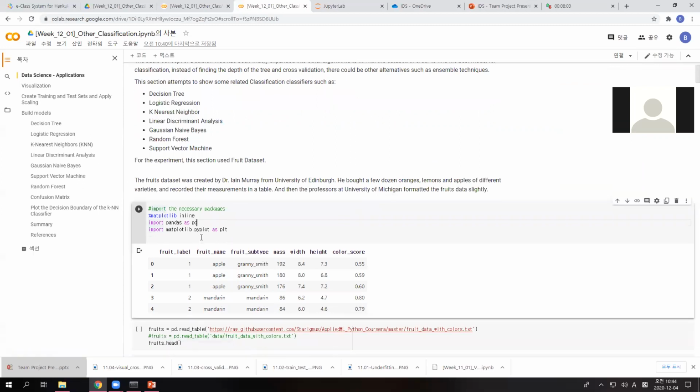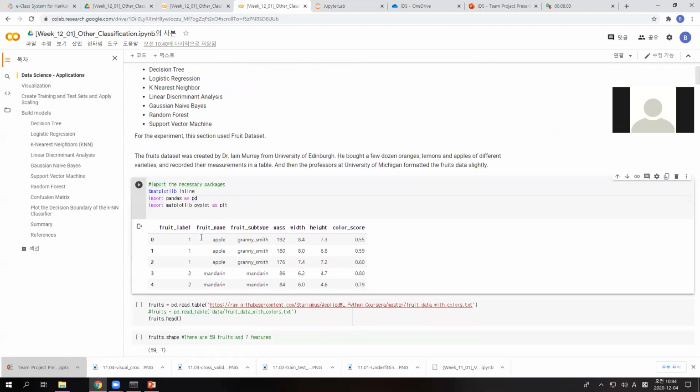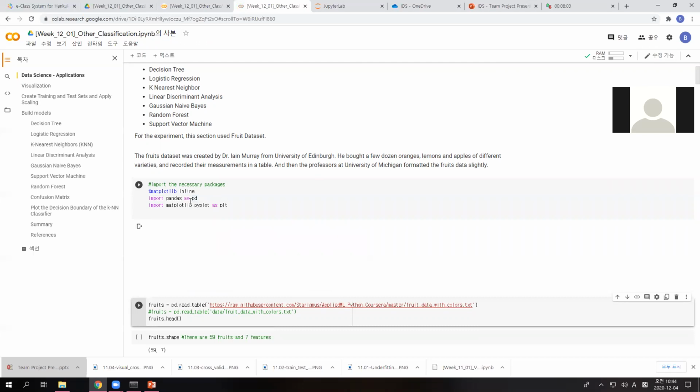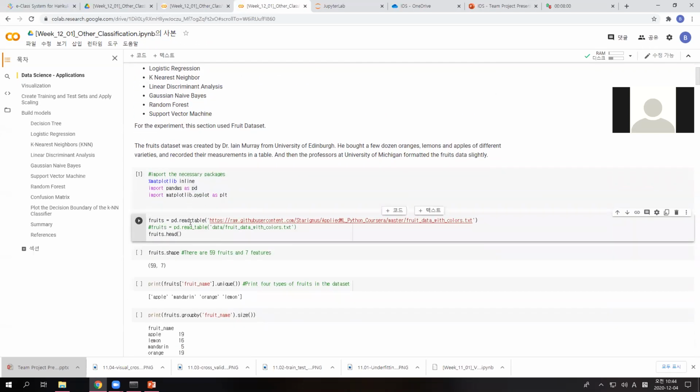For this purpose, I would like to use a small data set. First, I just import the necessary library. And then, yeah, I'm using the